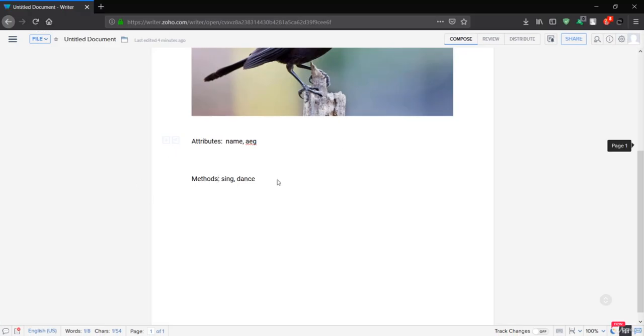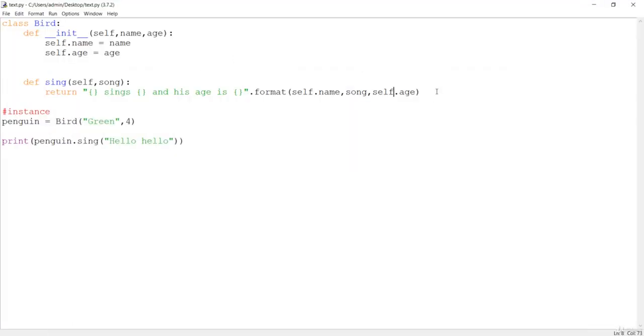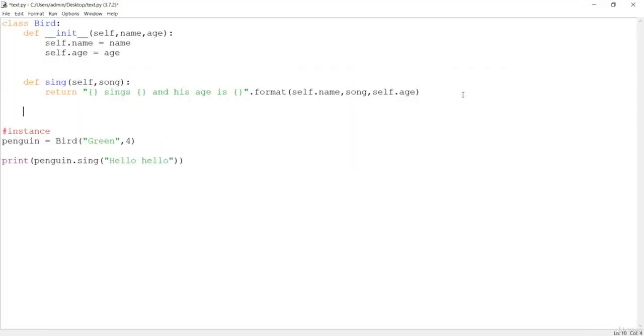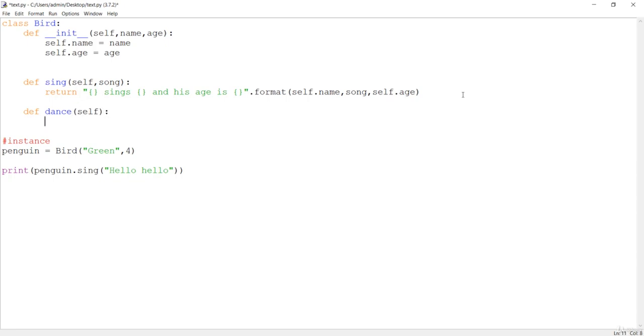So next thing is we have seen here the methods are sing and dance. So let's create this dance method also. You know how to create the method now. It is done inside the class, and we'll say dance, and now the first argument to this method will be self, and we don't want anything to be passed, only self. That means we'll just make the function over here, we'll just return something from this function, and that is just is now dancing. So let's format this,